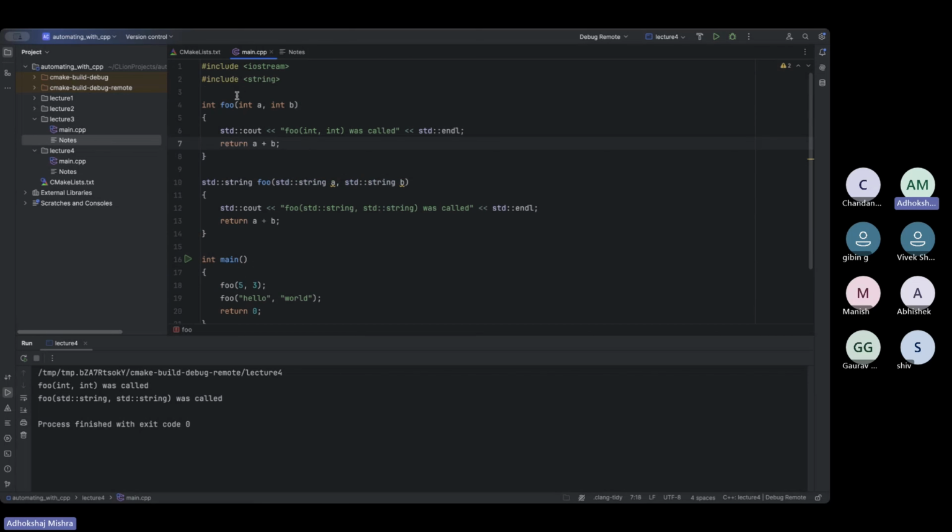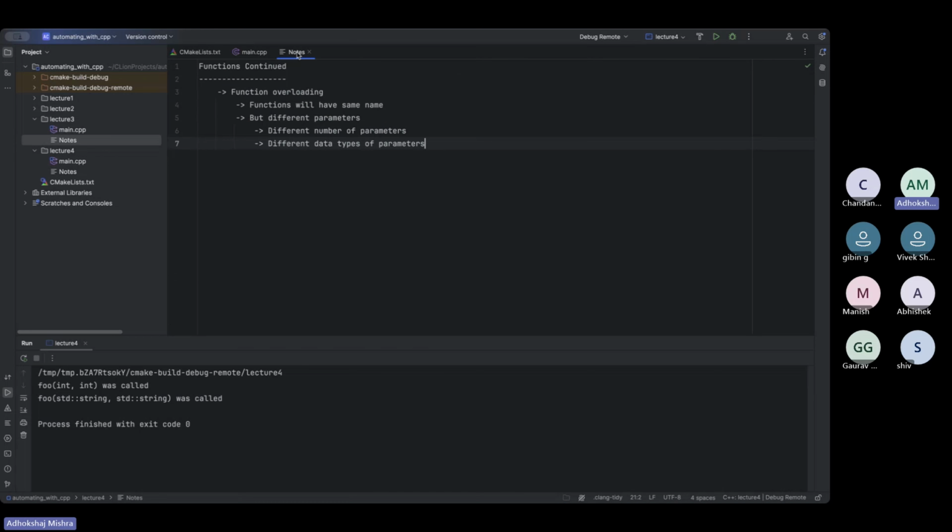So this is what is called function overloading. We are using the exact same name and we are redefining the same function to do things slightly differently depending upon what sort of parameters are available. Okay, and we will revisit this again in the context of object-oriented programming. It will be, I think, either this lecture or the next lecture. Okay, so this is where our function topic basically ends, and now we come to the next topic, that is